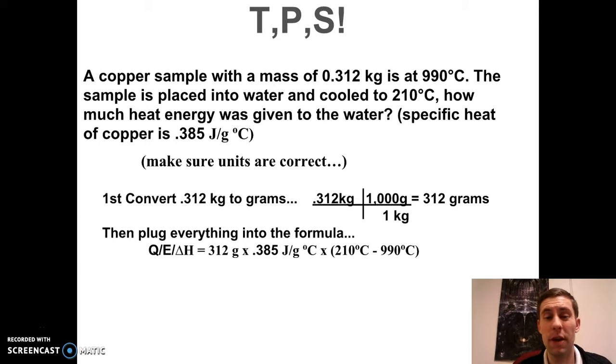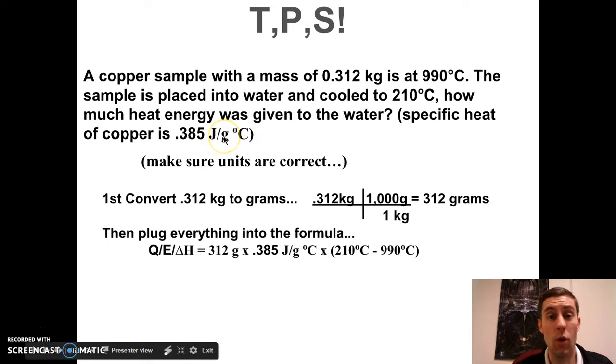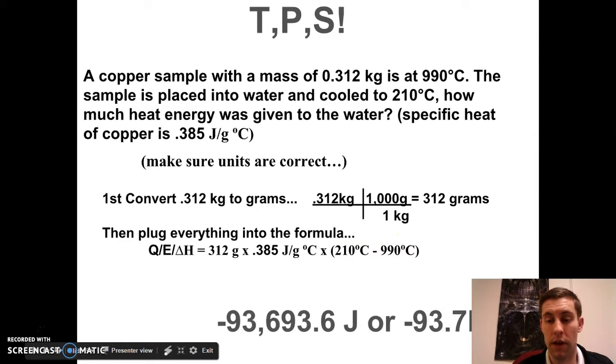So first we've got to get kilograms to grams, because this is in kilograms, this is in grams, they won't cancel right now. So converting, 1 kilogram is equal to 1,000 grams. So those cancel, we get 312 grams. Now the units match up, we can put it in the formula. So E equals 312 grams times 0.385 joules per gram degree Celsius times T2, our final temperature, minus our initial temperature, and we'll get, well,